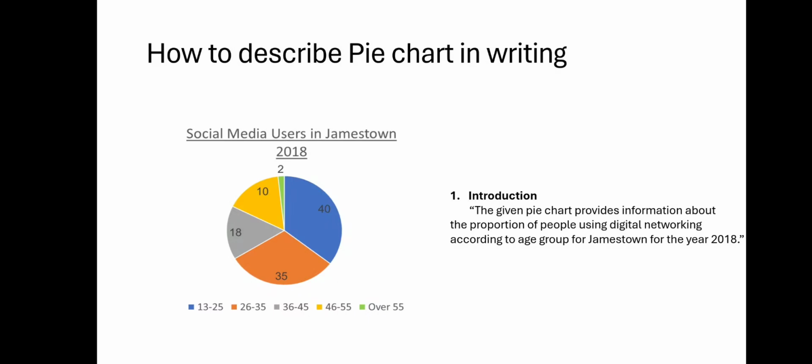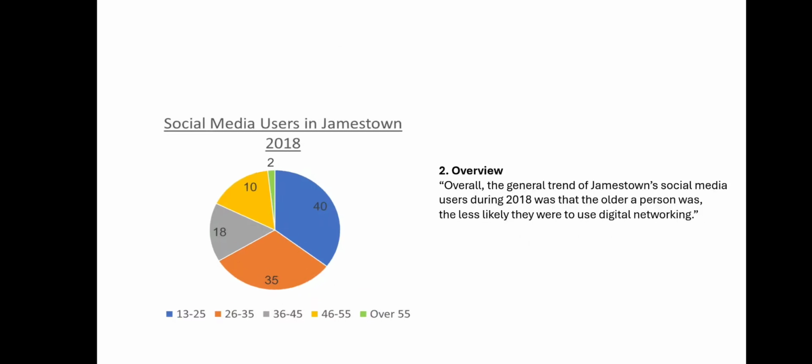In this pie chart, the introduction is: the given pie chart provides information about the proportions of people using digital networking according to age group for Jamestown for the year 2018. Next,